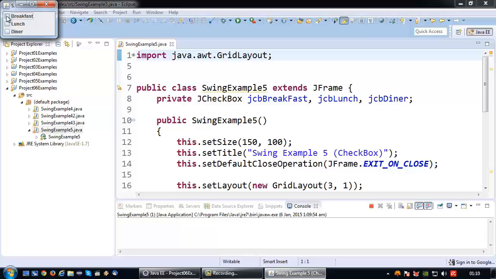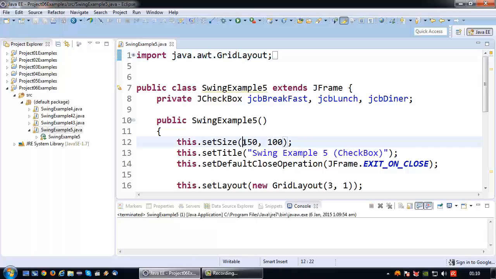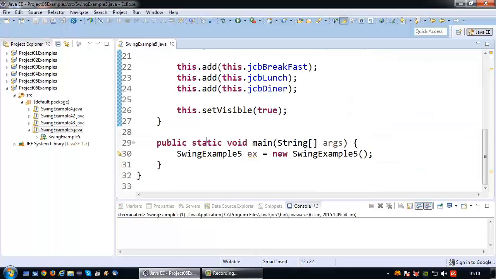So what I would like to do, and I'm going to do this in a very simple manner, is whenever I select a checkbox, a message will appear in my console. And I only want this message to appear when the box is actually being checked and not when it's being unchecked. Okay, so how can we go about doing that? Well,